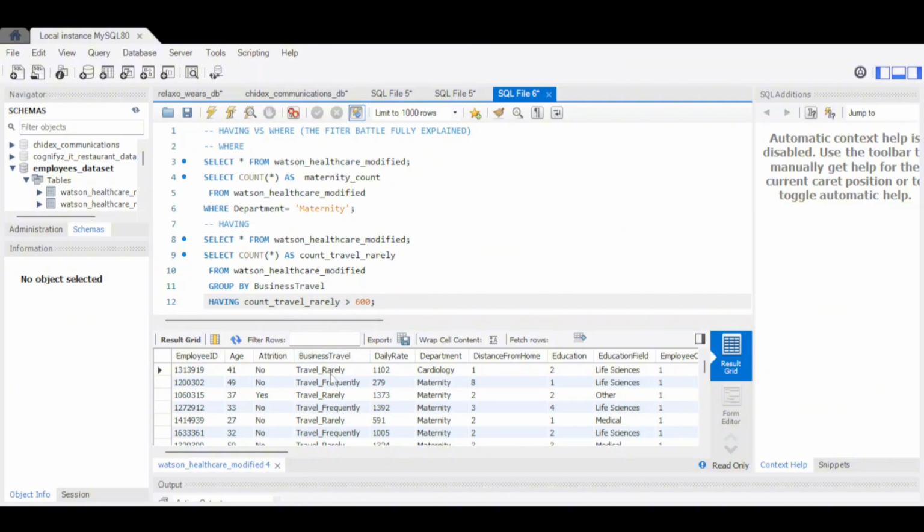Now, if travel rarely, okay, no, count travel. You don't have to, because we don't even know if it's travel rarely yet. Now, if count travel, I want to return the number of employees in the data set that are greater than 600 within these three distinct